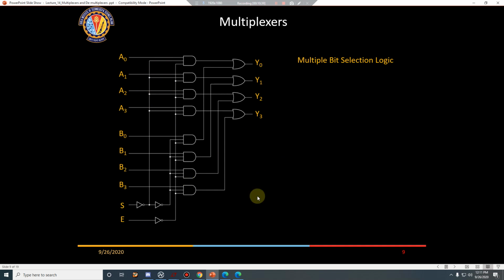Now for this, can you just see the circuit and tell what is happening here? This is also a kind of multiplexer, but just seeing the circuit, can you tell what is happening here? First think of the enable switch. What is the enable switch doing? Anybody?